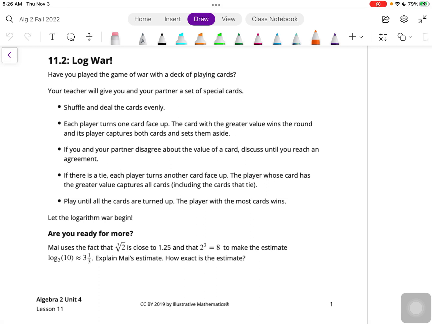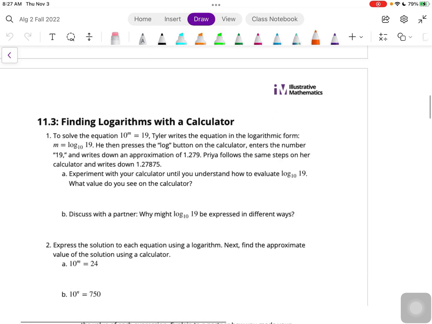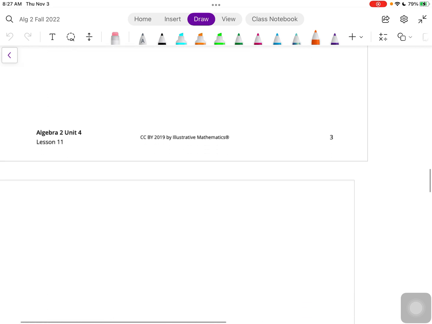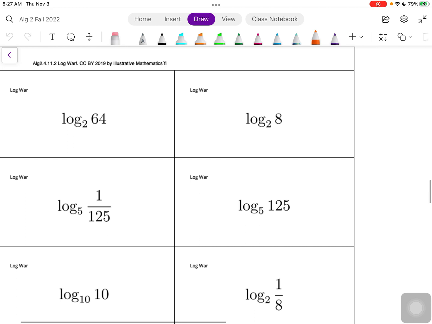All right, so for Unit 4, Lesson 2, there's an activity where we're playing the game of war, but with logarithm cards. We're just going to take a look at the cards and figure out what they are, what their values are, and then we can look at ordering them from least to greatest, maybe not, we'll see. All right, so if we go down to where I have them printed out,